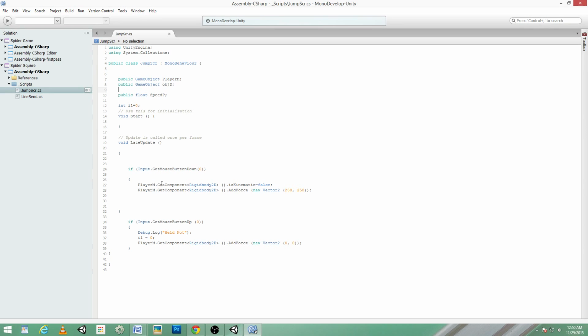In the earlier script we used if i equals 0, i plus plus. Instead of that we can do it with GetMouseButtonDown and GetMouseButtonUp. It is like a trigger. When you click the left mouse button, or for mobile devices when you just touch, in the initial frame the force is recorded. The initial frame the force is applied, and even when you hold the touch, the force is not applied. Like that, when you release your touch or the mouse, in the initial frame